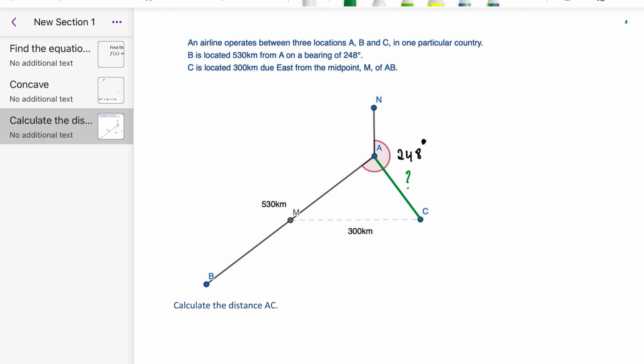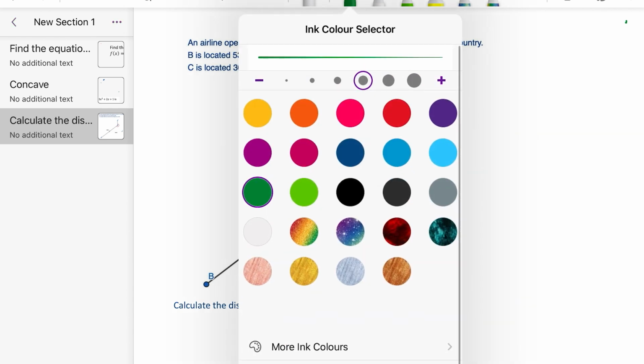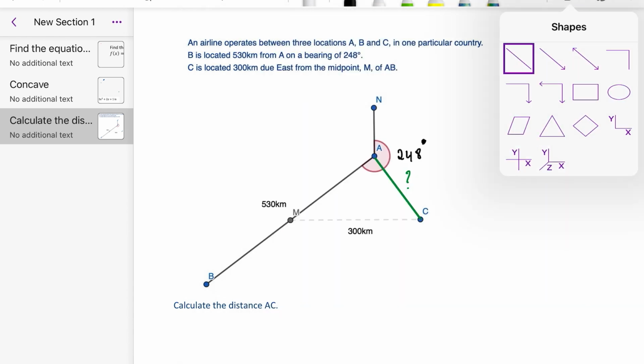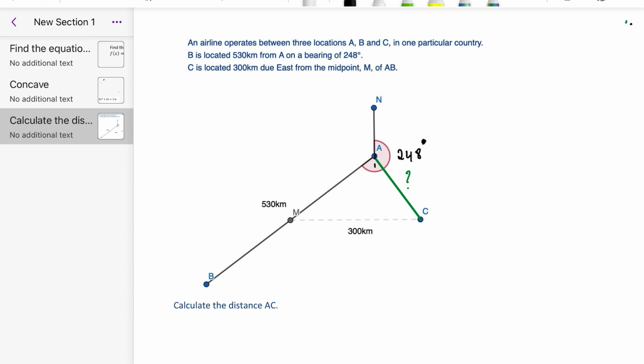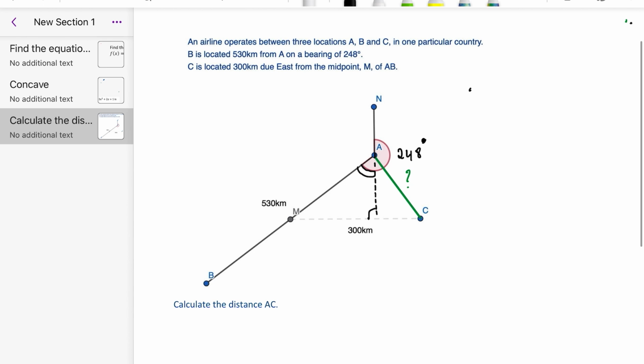Right. Now we can start by extending the segment AM. We will be able to figure out one of the angles. And if I extend that segment AM, then I create a right angle triangle. And I also know that this angle here will be 248 degrees